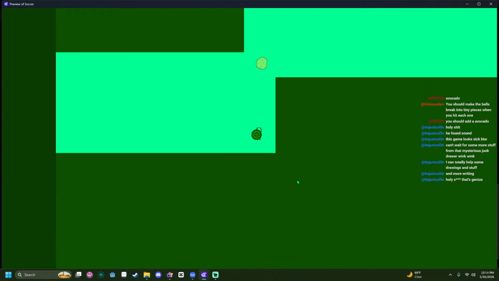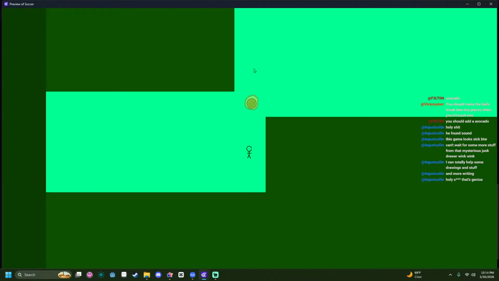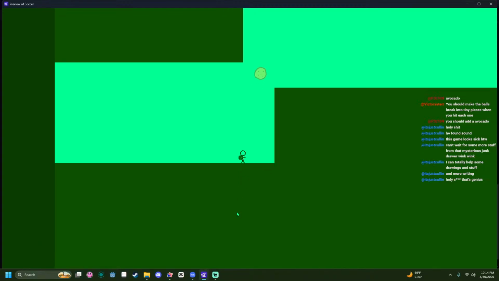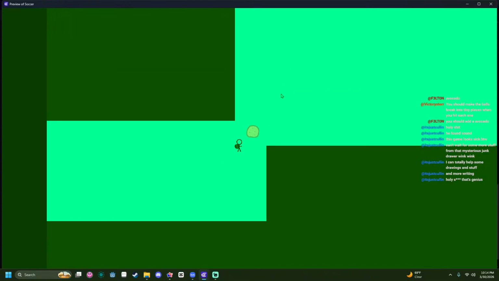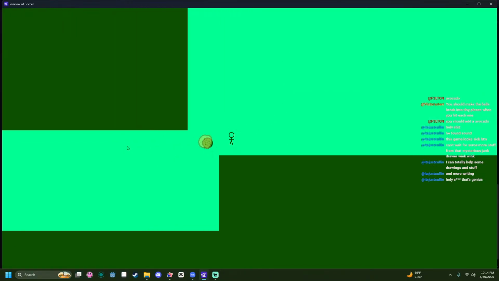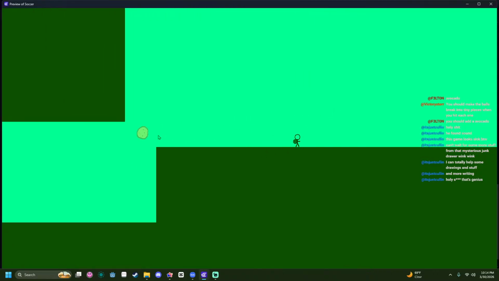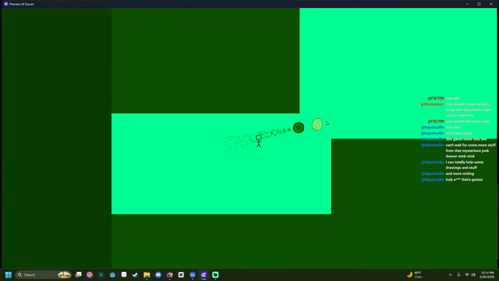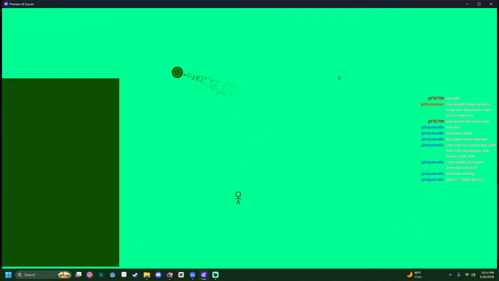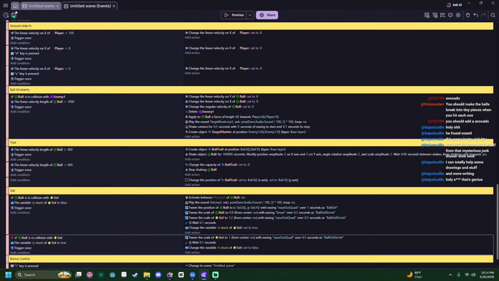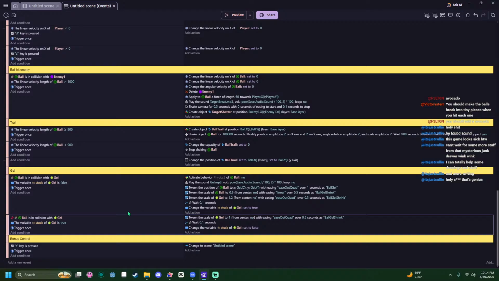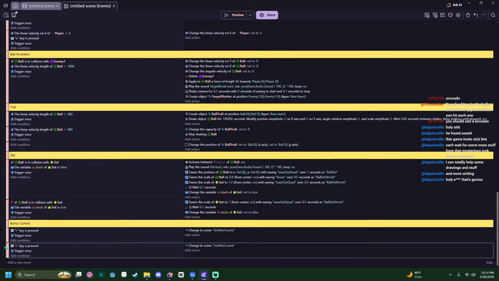Make it so to the infinite wall jump. Also, this is not the right size. Okay, let's add a new one.